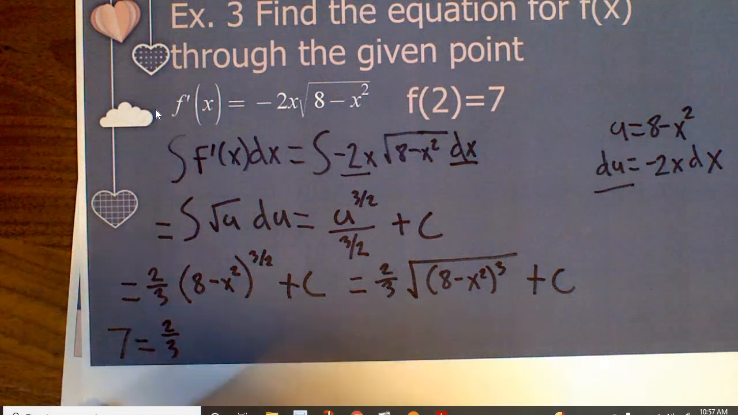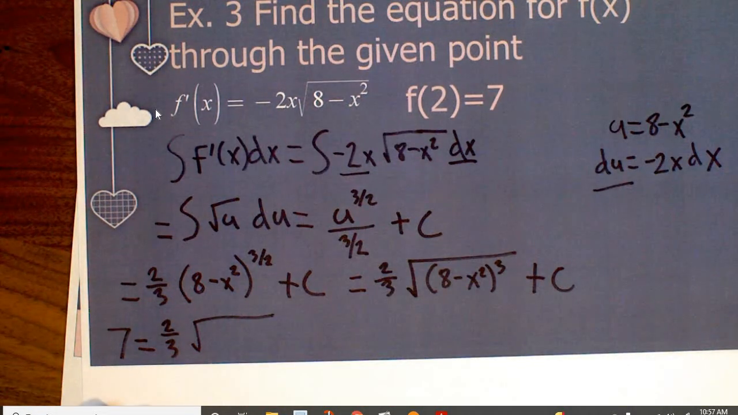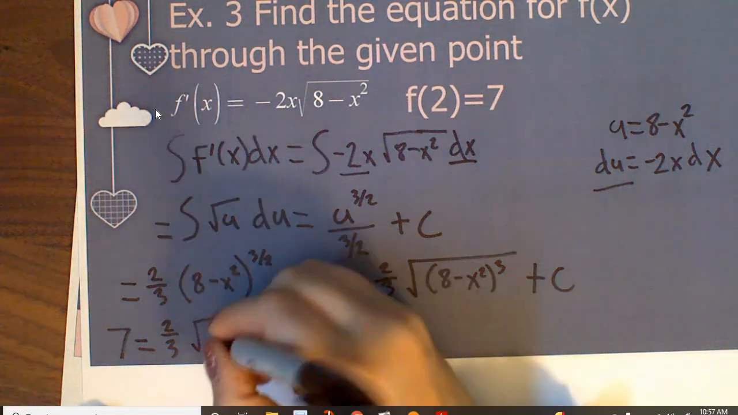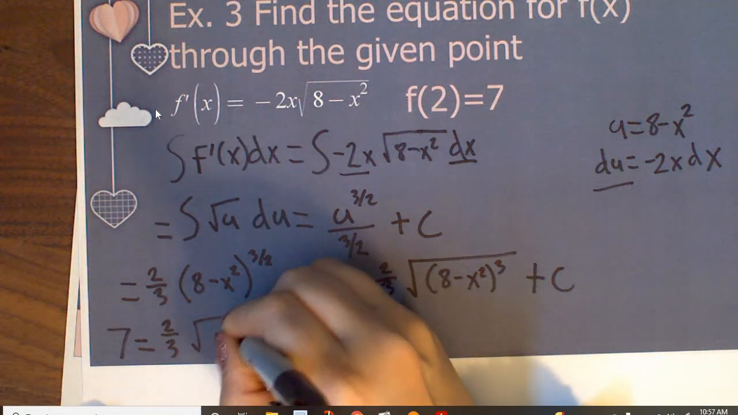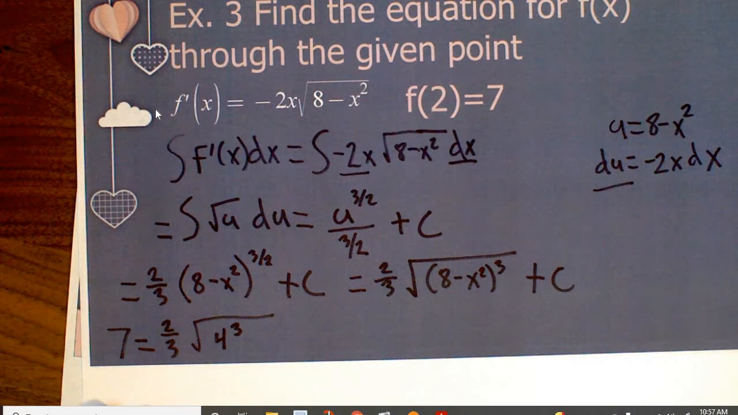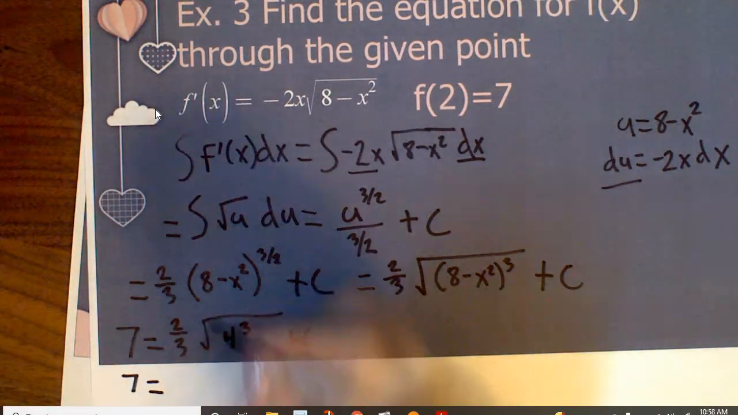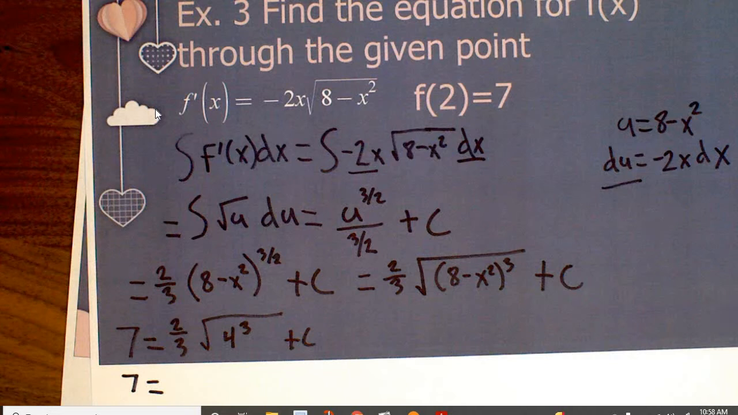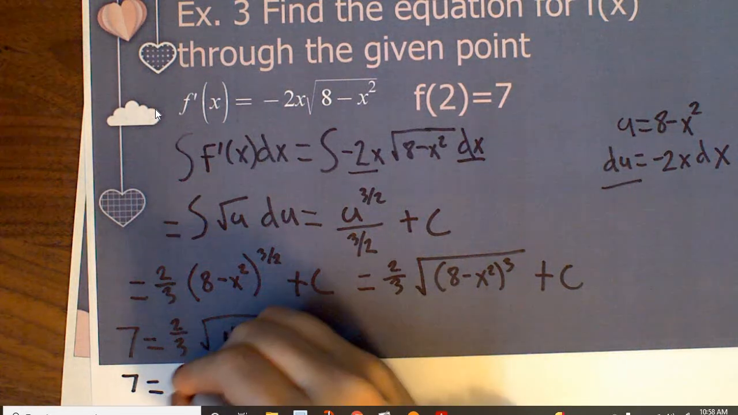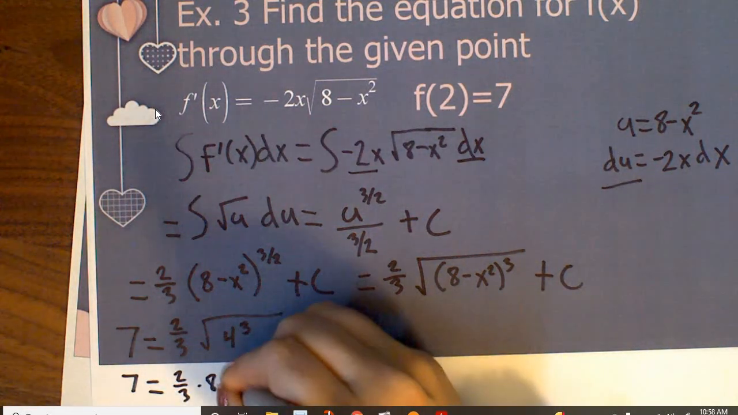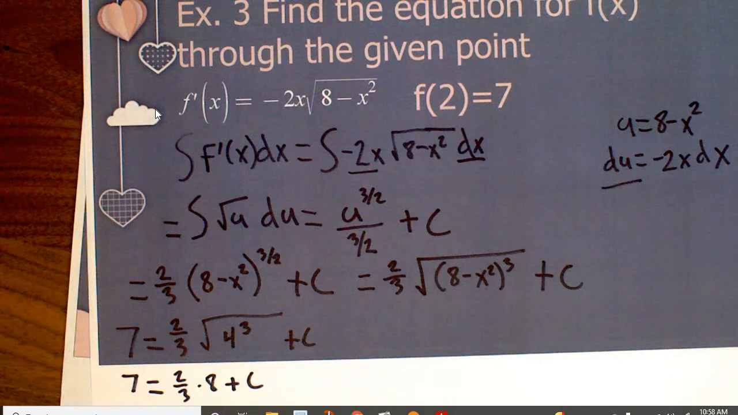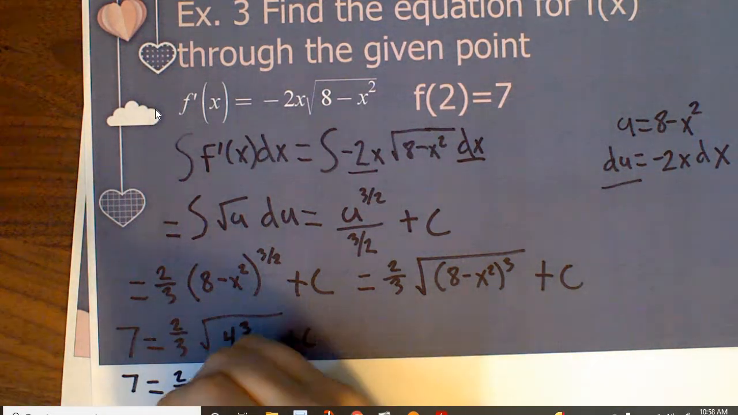So we have 2/3 times the square root of, well, x squared, so 2 squared is going to give me 4. 8 minus 4 is 4, so we end up with 4 to the 3rd plus c. So notice that 4 to the 3rd is going to be 64. The square root of 64 is going to be 8. So we have 7 equals